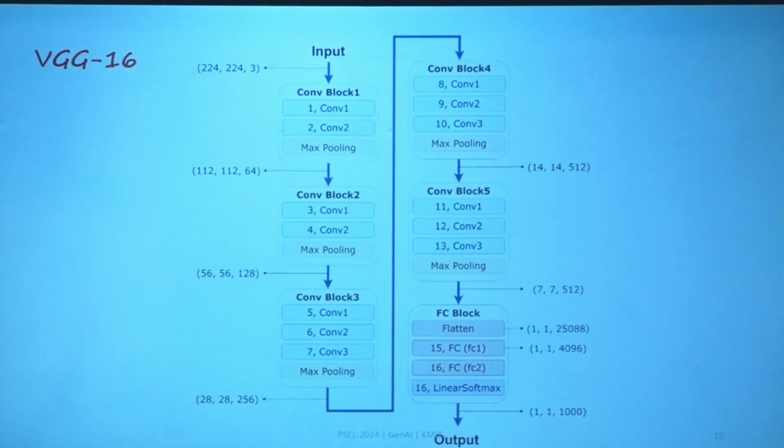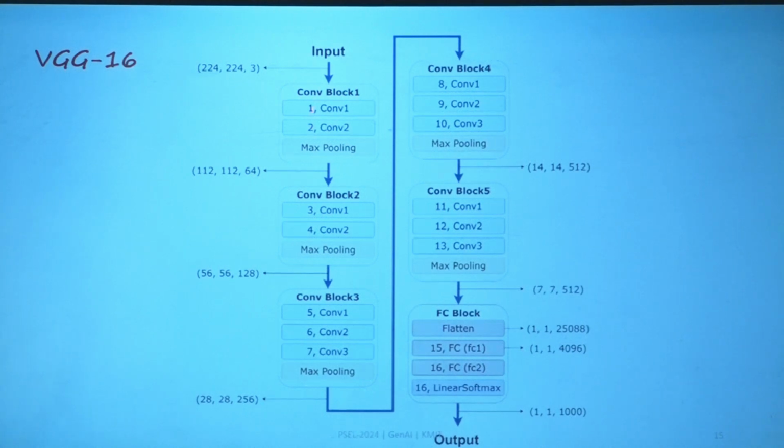If I ask you to perform the same classification task on the animals dataset using the VGG16 pre-trained model, the first thing you are supposed to do is apply a transformation to resize the image to 224 by 224. Clear? Right. Okay.